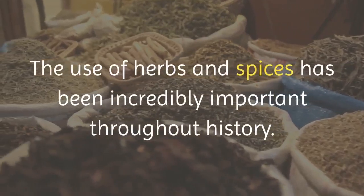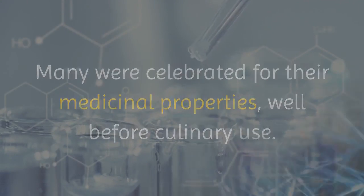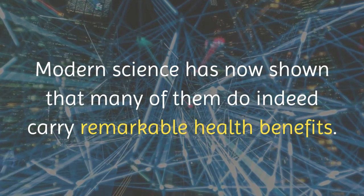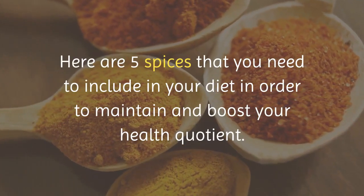The use of herbs and spices has been incredibly important throughout history. Many were celebrated for their medicinal properties, well before culinary use. Modern science has now shown that many of them do indeed carry remarkable health benefits. Here are 5 spices that you need to include in your diet in order to maintain and boost your health